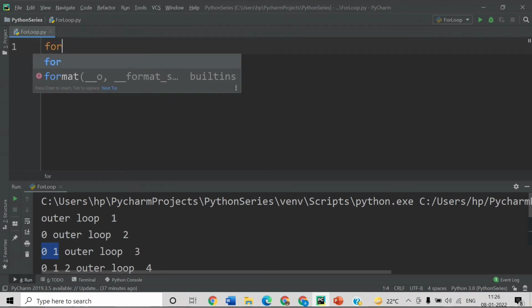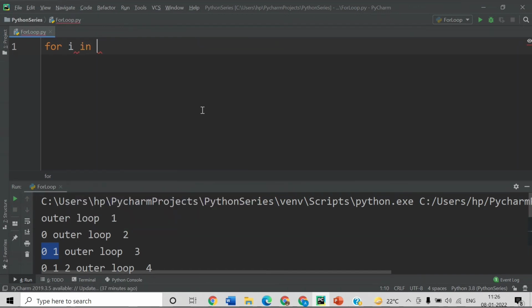So let's say we have for i in range, let's start it from 2 and end it at 5, so we'll need to provide here 6, right? And here I will say print, let's print here "hi".